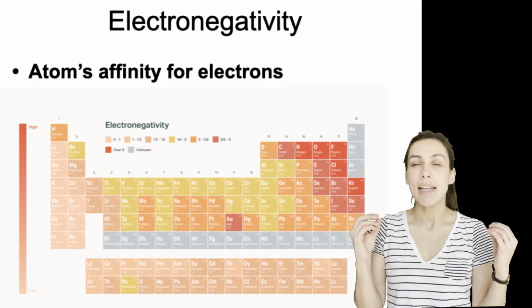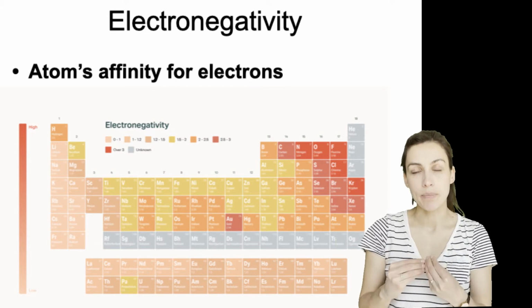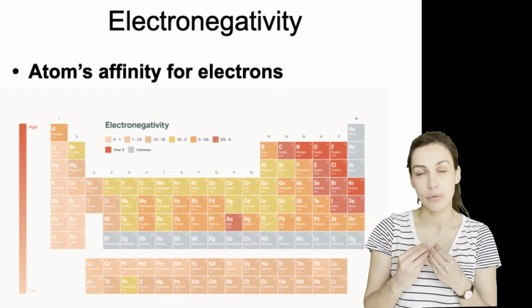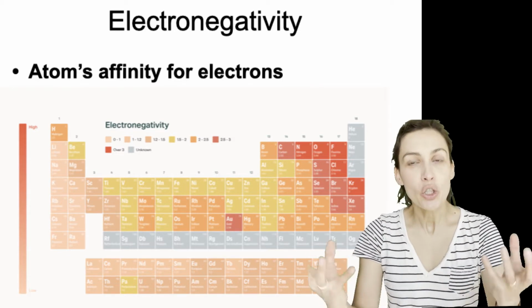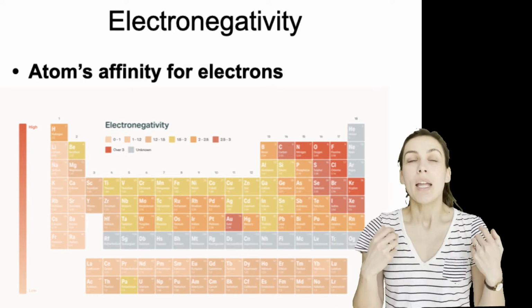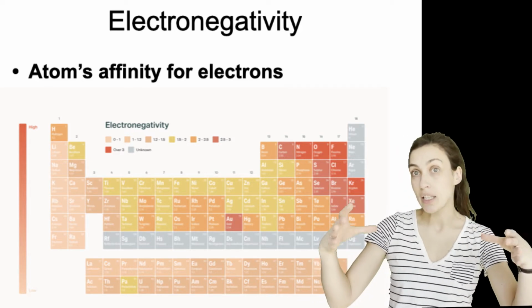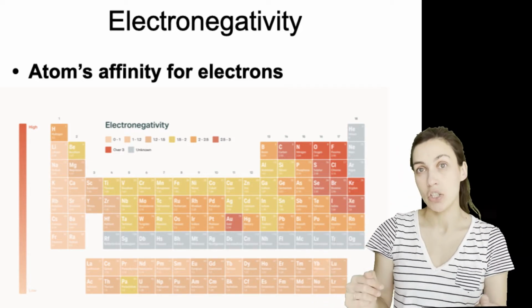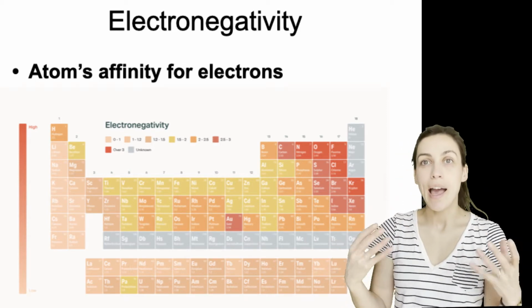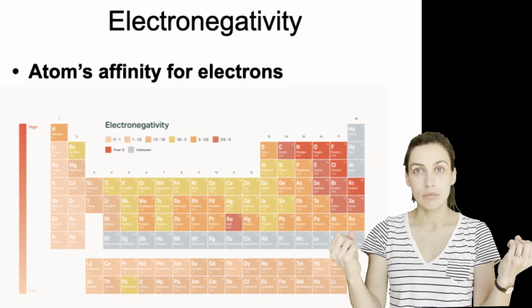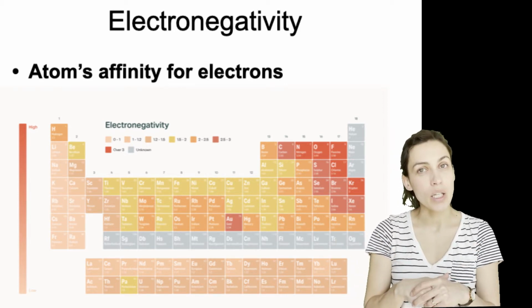Electronegativity is an atom's ability to pull electrons toward its nucleus, toward the middle of itself. Electronegativity is like how much strength that atom has to pull on electrons. And this generally is talking about electrons that are in the valence shell or just outside of the valence shell. Atoms with high electronegativity have a stronger force of pull, and atoms with a lower electronegativity can't pull quite as